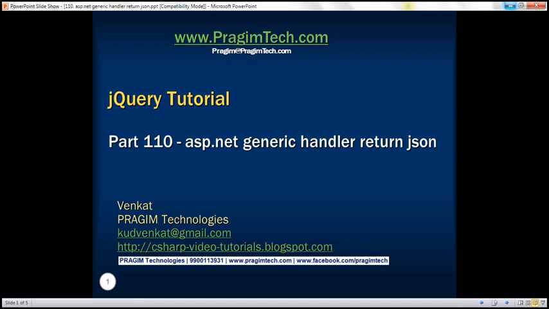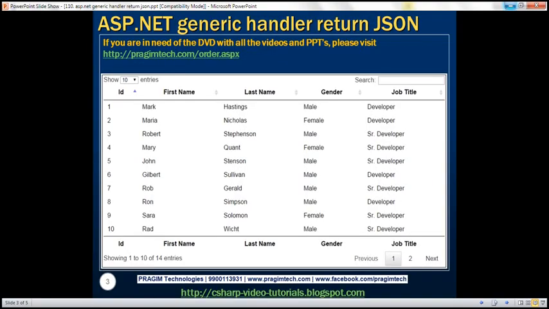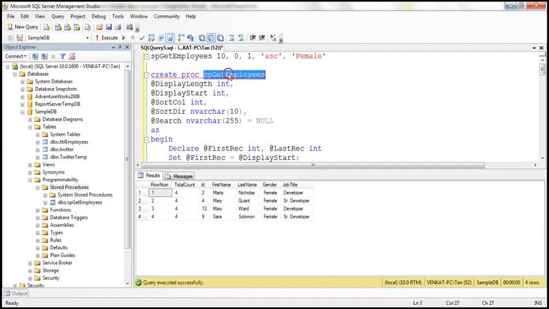This is part 110 of jQuery tutorial. In this video, we'll discuss implementing ASP.NET generic handler that calls a stored procedure and return JSON data. In the previous video session, we have implemented the stored procedure spgetEmployees. The generic handler that we're going to implement now should call the stored procedure, retrieve the data, convert that to